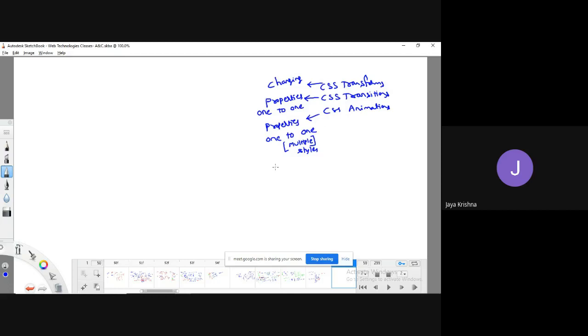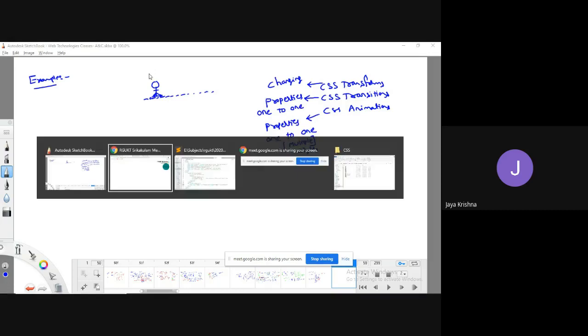So in today's class, I am going to take an example which will clearly explain the CSS animations again. I'm going to take a skating girl, which we have already seen. Here I'm going to place some kind of line so that it will look like this girl is skating. So I'm going to convert that into this kind of structure. Fine. I will take the code.